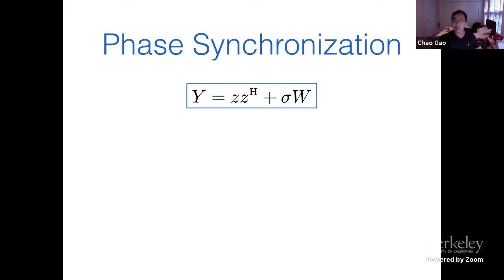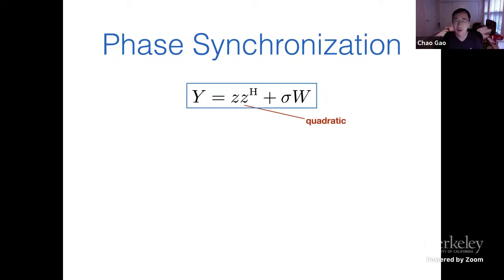Here is our phase synchronization problem. I just put everything in matrix notation. So we have the data matrix Y written as ZZ transpose plus a complex Gaussian random noise matrix. The first problem you notice is that the mean structure is ZZ transpose. It turns out to be a quadratic function in terms of Z. But our general framework is called the structured linear model, so what we need is linearity. This is an issue that we have.